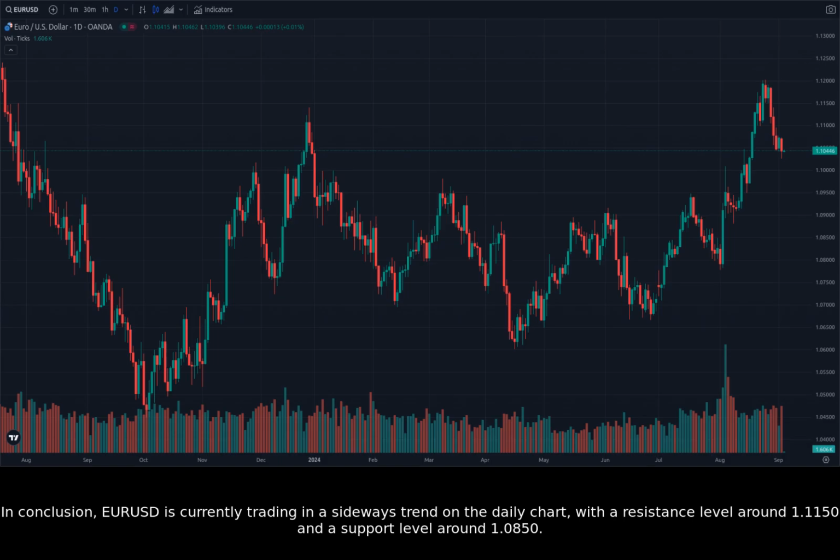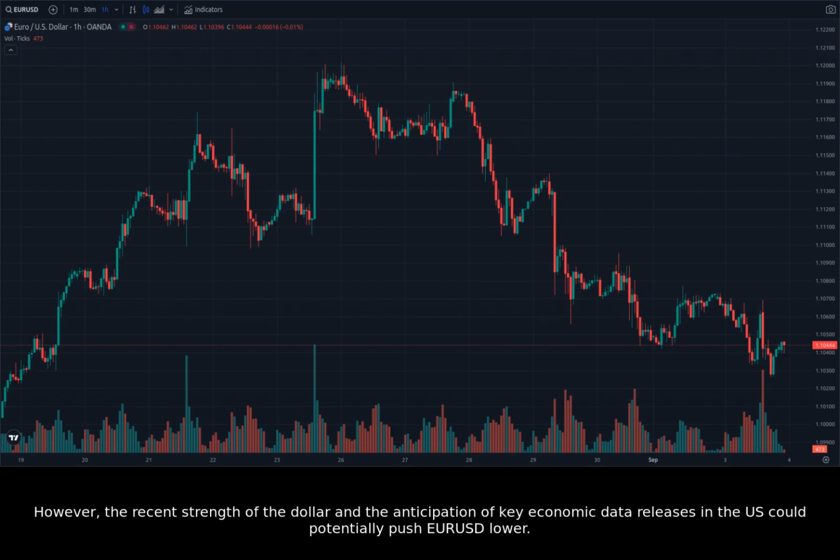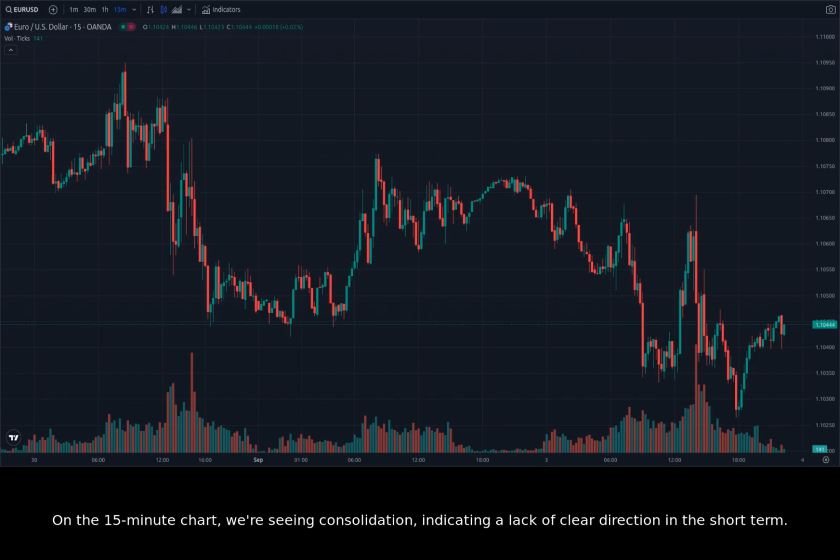In conclusion, EURUSD is currently trading in a sideways trend on the daily chart, with a resistance level around 1.1150 and a support level around 1.0850. On the hourly chart, we're seeing an upward trend, with the price recently breaking through a resistance level around 1.1050. However, the recent strength of the dollar and the anticipation of key economic data releases in the US could potentially push EURUSD lower. On the 15-minute chart, we're seeing consolidation, indicating a lack of clear direction in the short